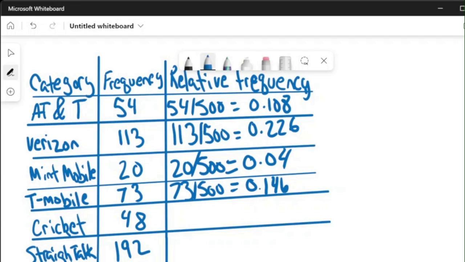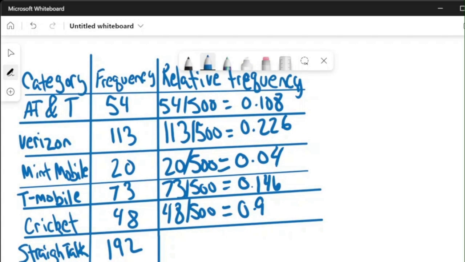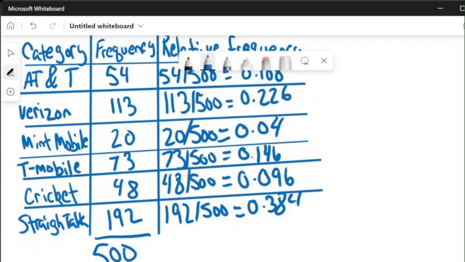0.146. And that is followed by 48 divided by 500, which is equal to 0.096. And now for the final one, we would say 192 divided by 500 is equal to 0.384. And with the relative frequency, you can sum them all up at the end, and it should equal 1. Although it may not be exactly equal to 1 due to rounding error, but that's okay as long as